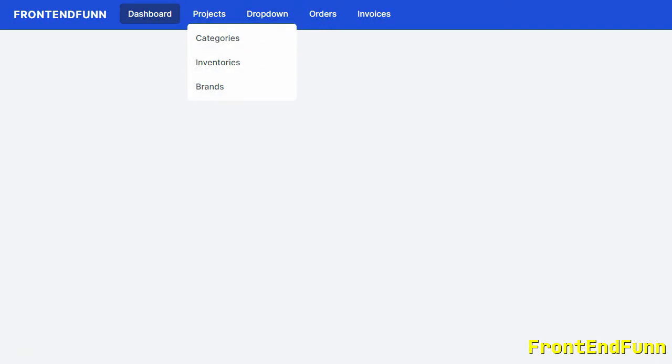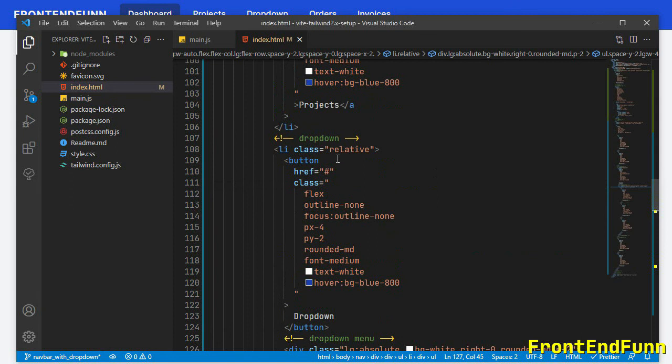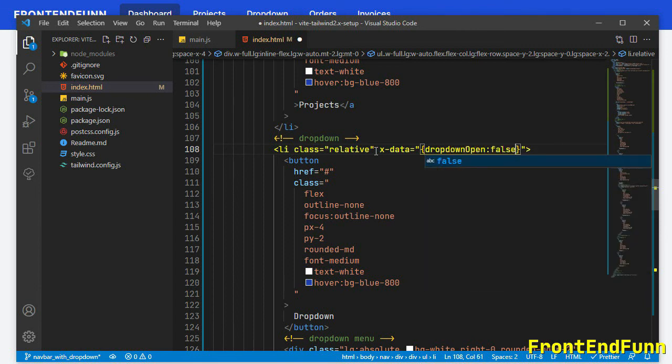Now let's add the functionality for this. To add the functionality on topmost element, that is a list item element, we need to provide the x-data dropdownOpen. So this is the state.